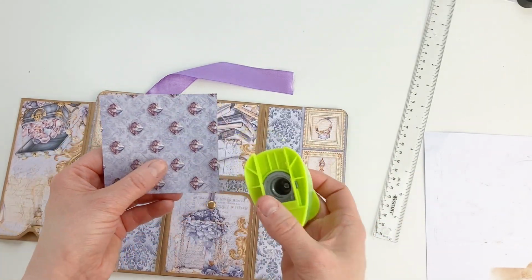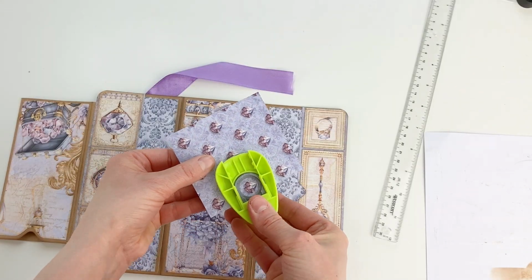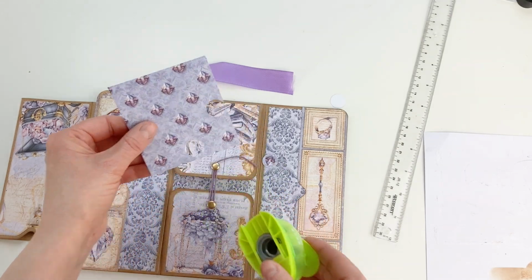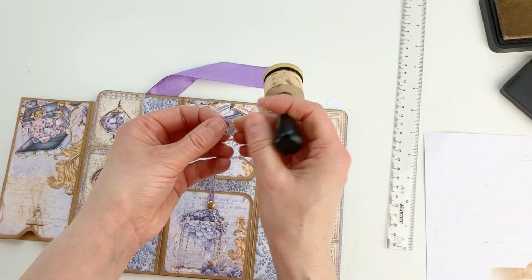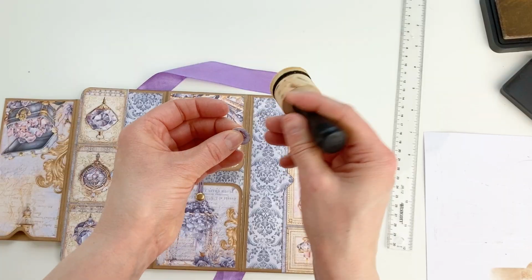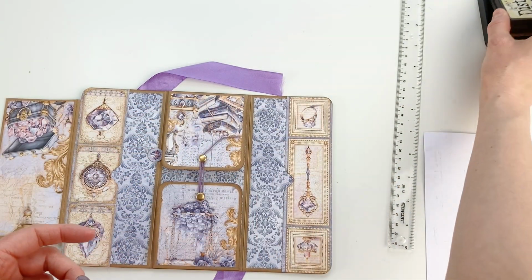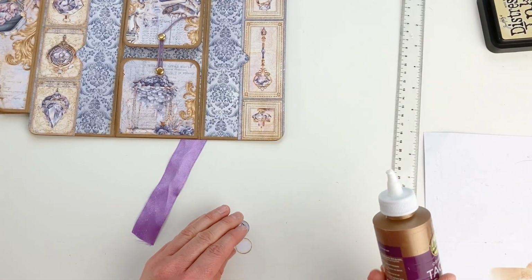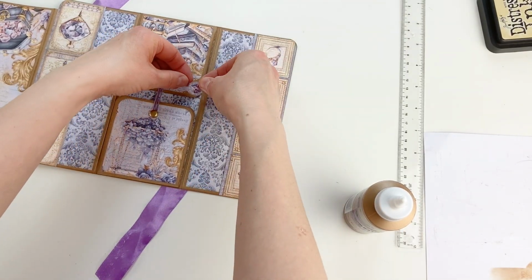And I'm going to cut some of these diamond thingies from a leftover piece of printed paper. I used a 5/8 of an inch circle punch for this. You can go larger with another shape, etc. But I'm going to use it as a little bit of a decoration for that embroidery thread here. I'm going to put a little bit of glue here. Whoops. Now it's on my table. Then I'm going to,